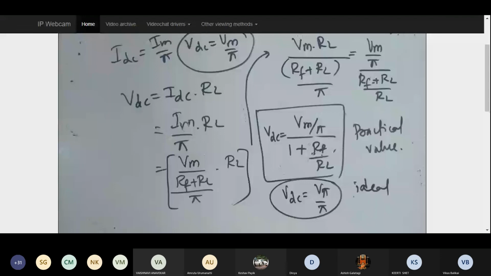The process will remain entirely the same, and the concept will remain the same. Only, instead of one diode, two diodes come in. I will tell you when they switch on and off when we get to the full-wave rectifier. Other than that, there will not be much difference with respect to the full-wave rectifier. So try to understand the half-wave rectifier properly. With this, we'll wind up today's session and stop here.